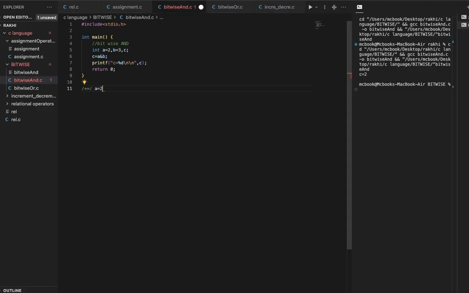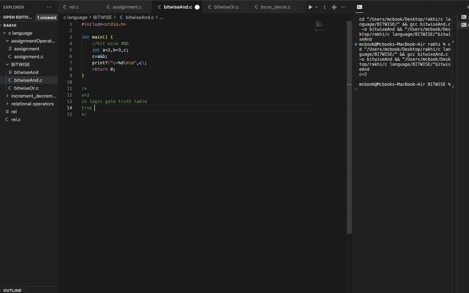And at the last, I told you how we can change numbers bitwise. So you can understand what we are doing in this program, so you can easily understand what we do in this program.